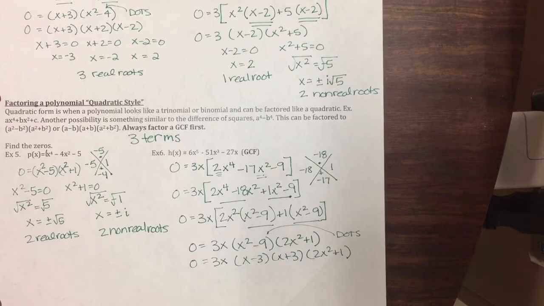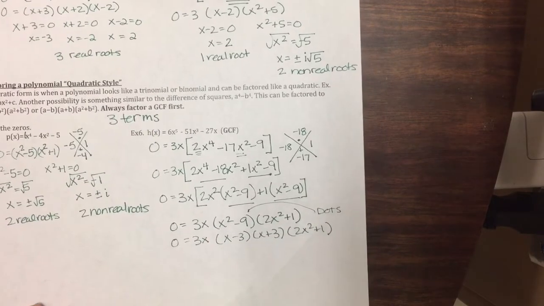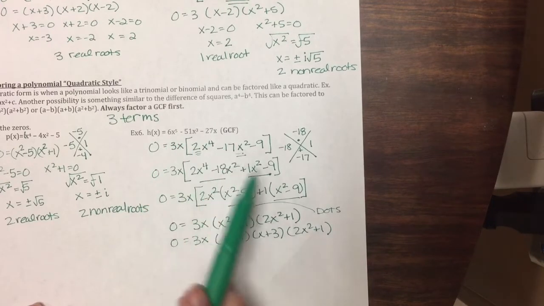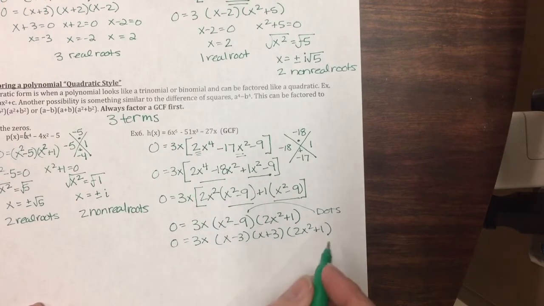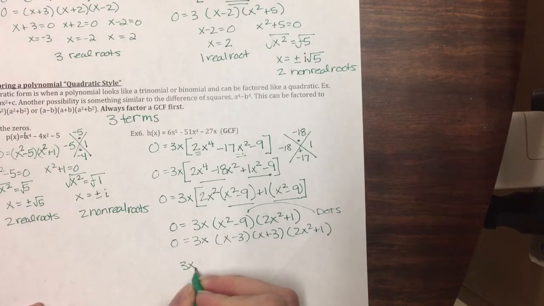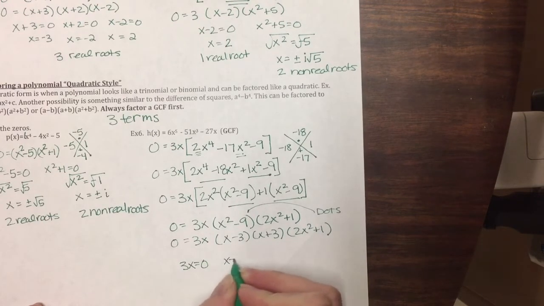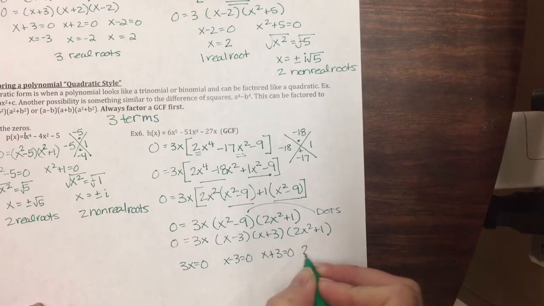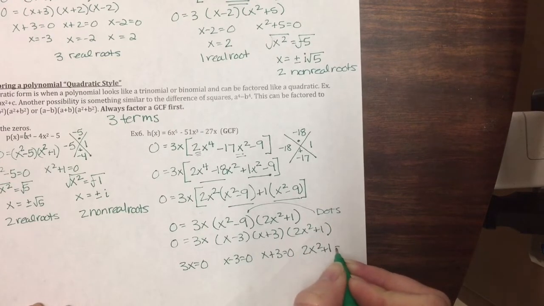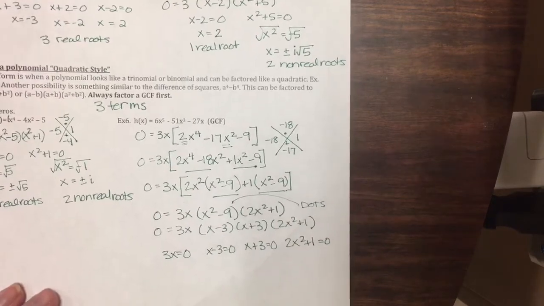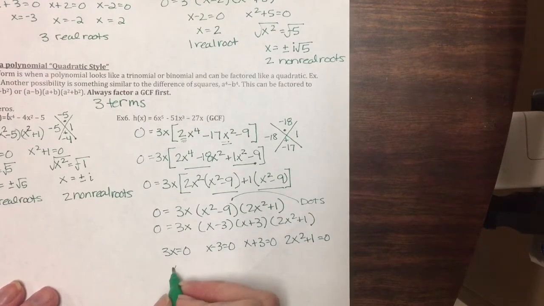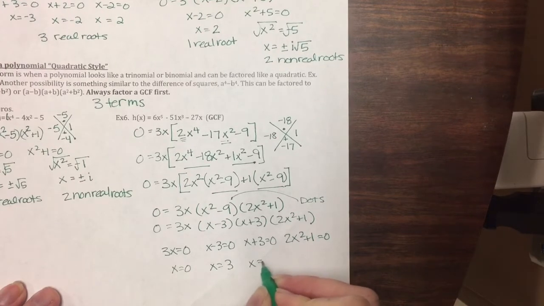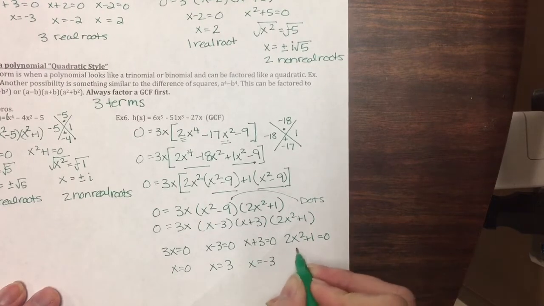Now this is fully factored. This would be the completely factored form of my original 6x to the 5th polynomial. So I'm going to set each of my terms equal to 0. 3x equals 0, x minus 3 equals 0, x plus 3 equals 0, and finally 2x squared plus 1 equals 0. When I solve these, I would get x equals 0, x equals 3, x equals negative 3, and finally